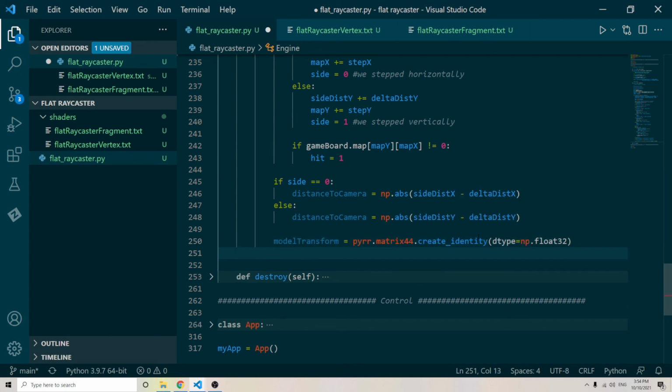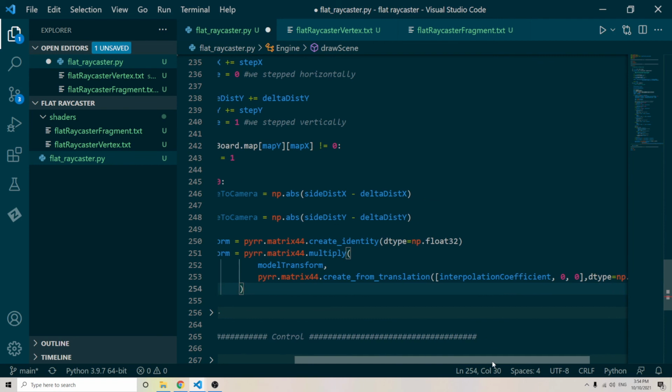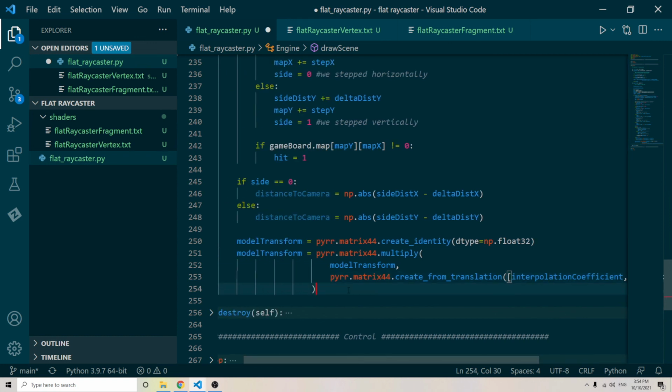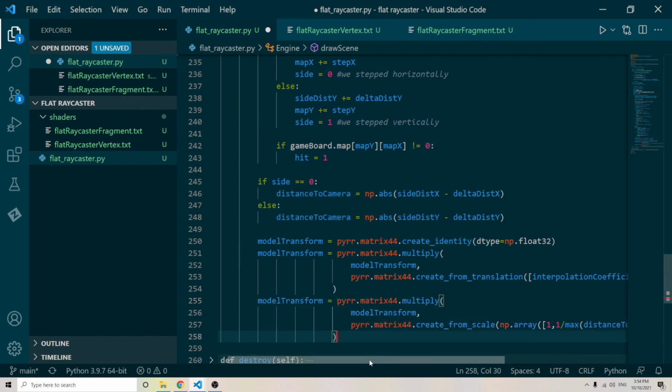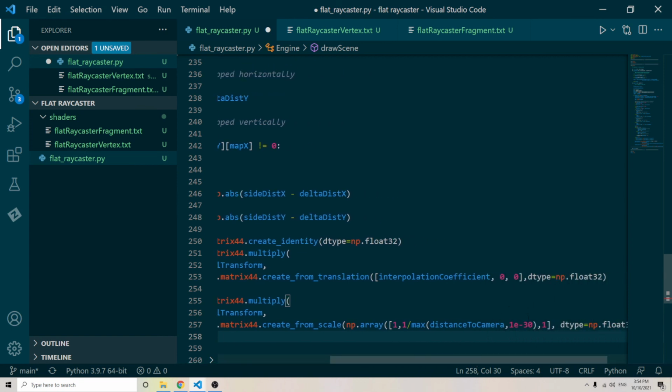Okay, so we'll start with the identity and then we'll multiply in a bunch of these. So the first thing we'll do is we will translate this across. Now for the translation, it's just an X translation based on the interpolation coefficient, to the left or right of the screen, basically. And then for the height, we want to scale this. So we'll make a scale transform,